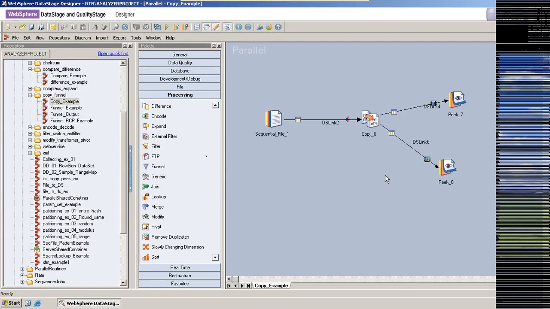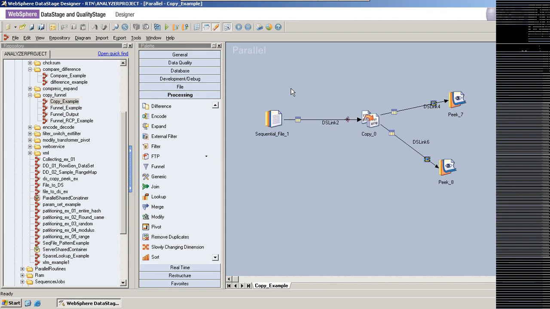The purpose of the Copy stage is something like this. Now your requirement is that you have one particular source. For this example I am using a sequential file stage. Let us say your source is an Oracle database. Now if your source is an Oracle database and your requirement is to have multiple copies of the same data in such a way that,